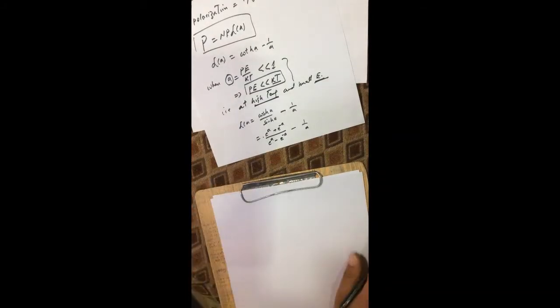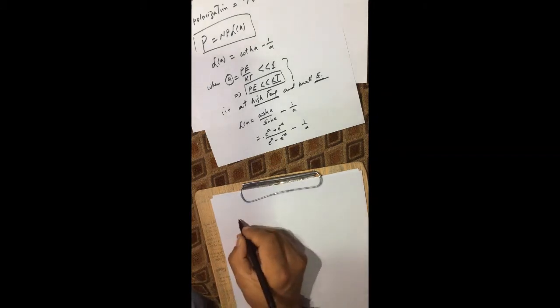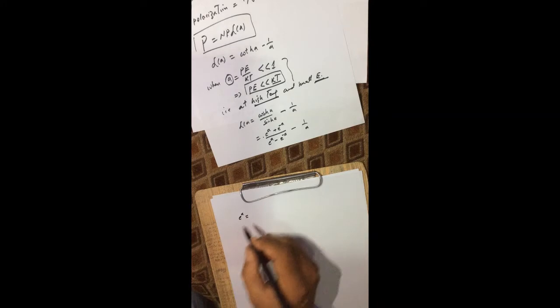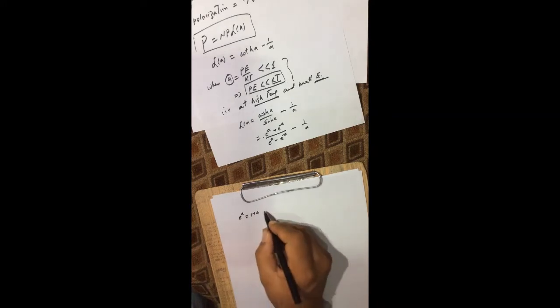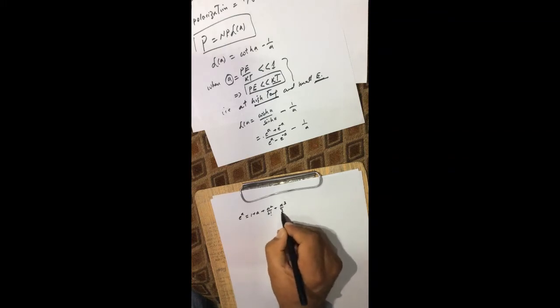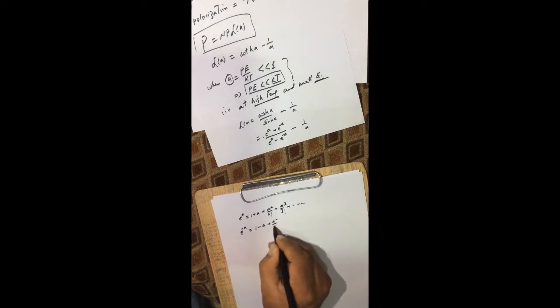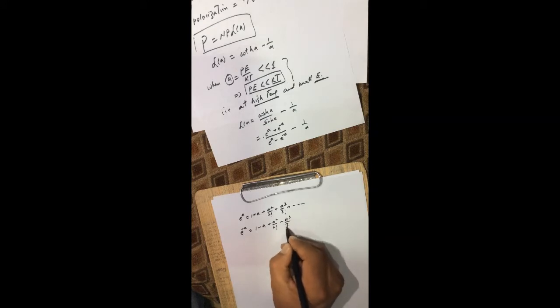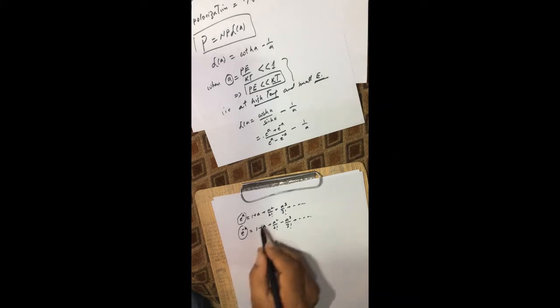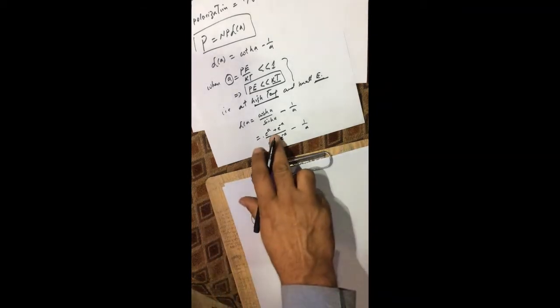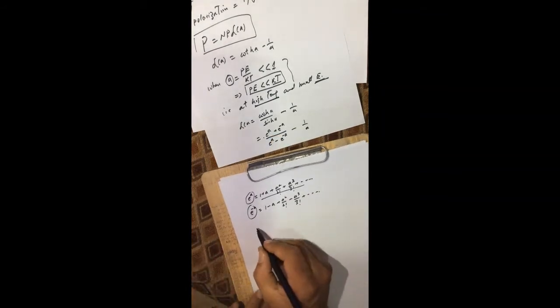Our exponential function can be written like this: e raised to power A will be equal to 1 plus A plus A square over 2 factorial plus A cube over 3 factorial plus and so on. And similarly e raised to power minus A is equal to 1 minus A plus A square over 2 factorial minus A cube over 3 factorial plus and so on. So if I replace this exponential function by their respective series, and put it here, then we have this Langevin function, which is given by